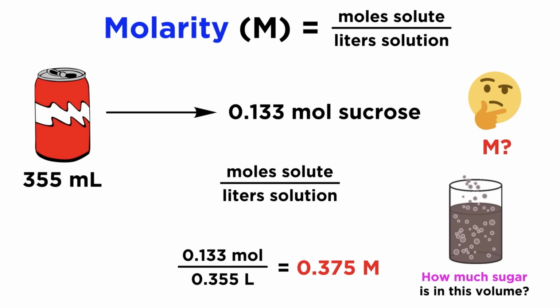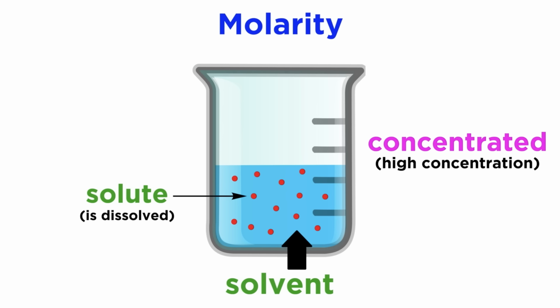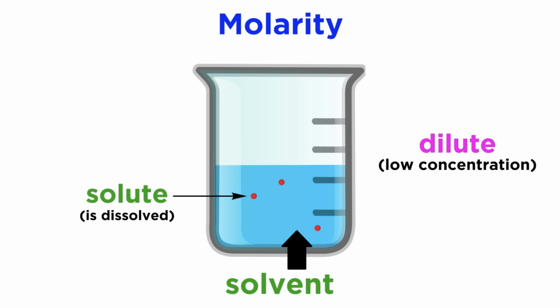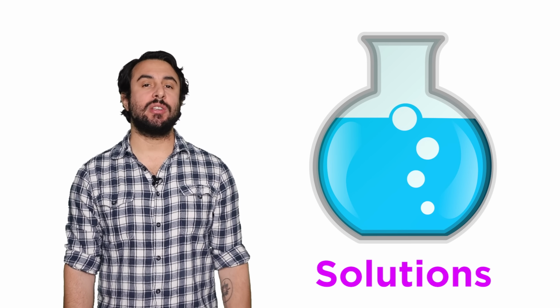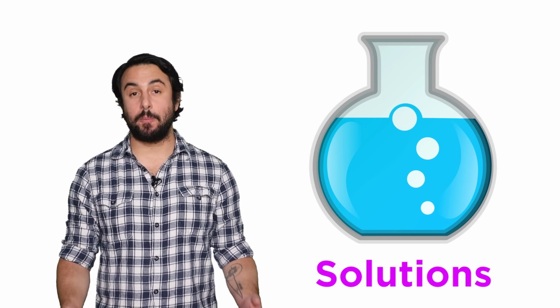This kind of information is useful because we could then calculate the amount of sugar that would be in any volume of the soft drink, or the volume of soft drink that would be required to provide a particular amount of sugar. We can say that solutions with a high concentration are concentrated, and those with a low concentration are dilute. Now that we understand what solutions are, we want to learn about how we can separate the components of